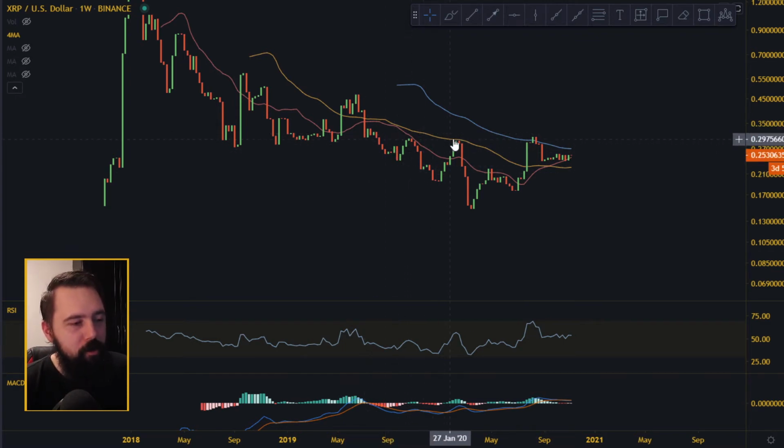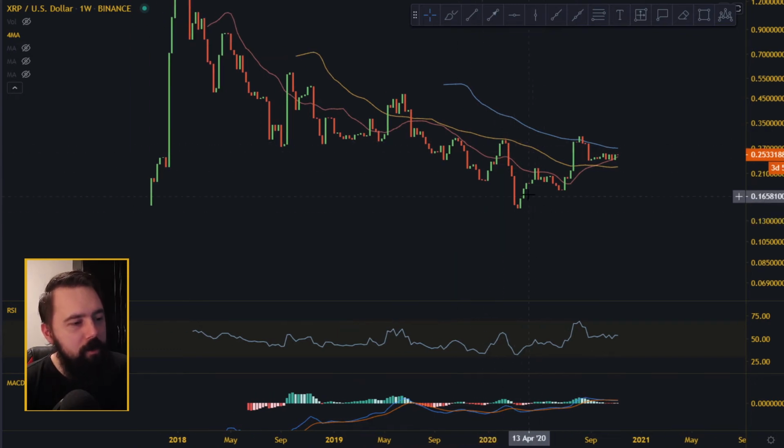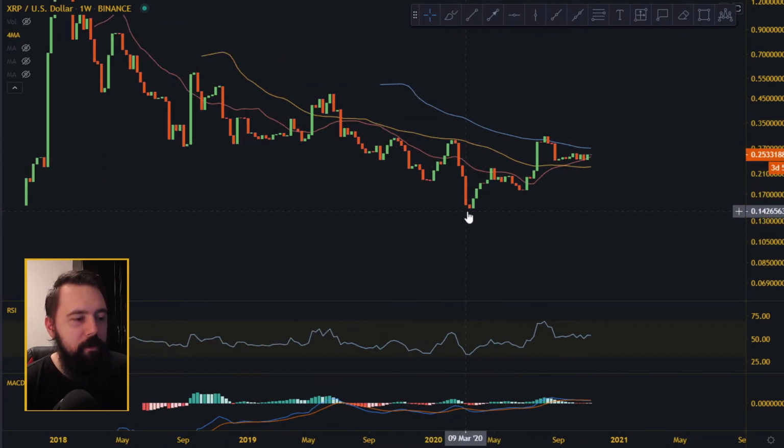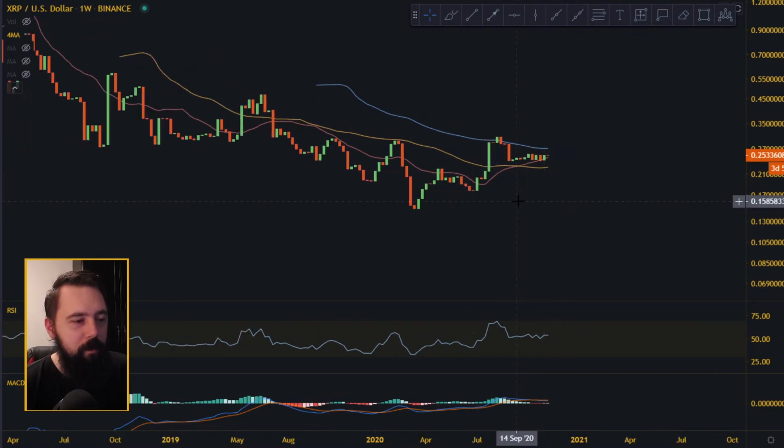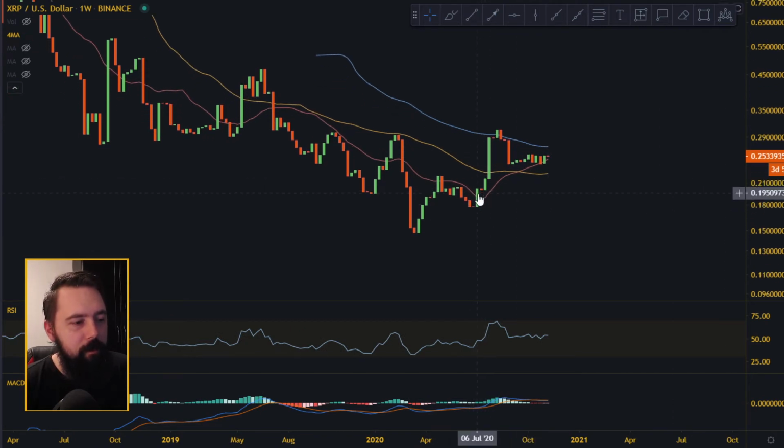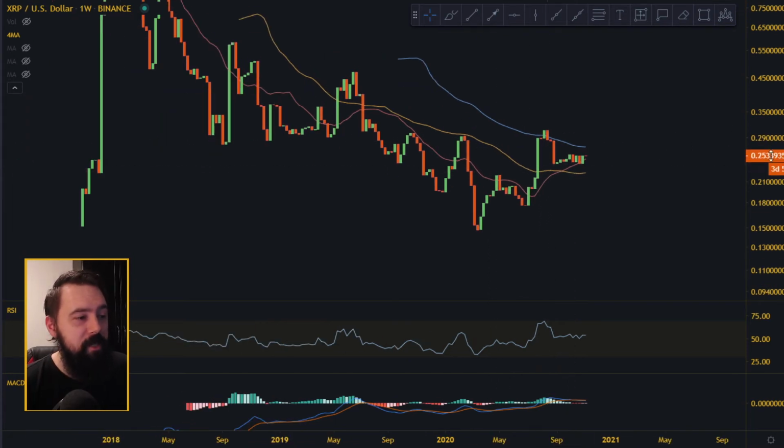Then it tried to go up to the 20, and you see how hard it got rejected. This is Corona time, the 50 and a hard rejection. We should disregard this, but anyway, it was staying under the 20, and here is actually when the turnaround came. It went above the 20. I won't say it went above the 50, it exploded above the 50 and hit the 100. And this is the first time it's hit the 100.